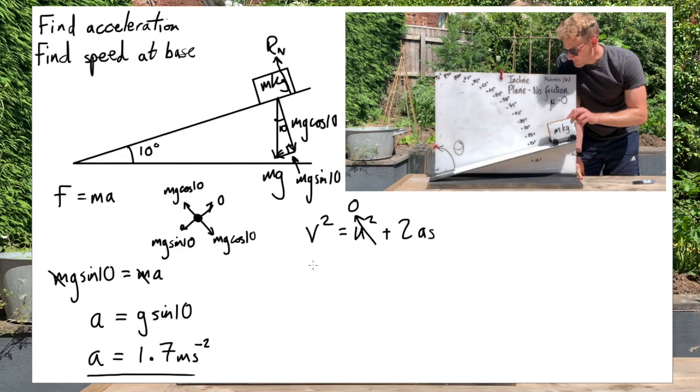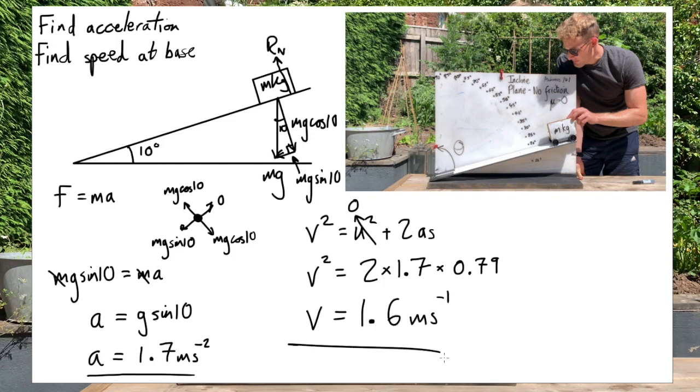Okay, so to work out the speed at the bottom of the ramp, we use our old friend v squared equals u squared plus 2as. We know that our initial speed u is 0, so v squared equals 2 times our acceleration, which is 1.7, times the length of our ramp, which is 0.79. If we square root that, we get an answer of